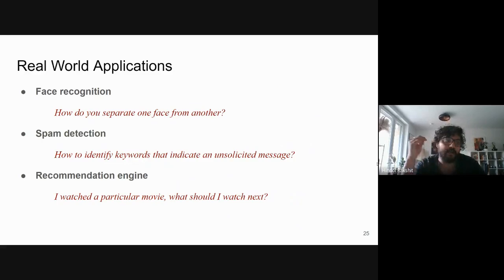Similarly, spam detection: how Google decides which of all the mails you get go to your spam folder versus staying in your normal folder is, a lot of times, based on keywords. When you have particular keywords in an email, Google can understand that this is a spam email. And over time, as you keep classifying mails as spam and non-spam, you create a training set. Based on that, when you see an email, you right away know whether it's spam or not.